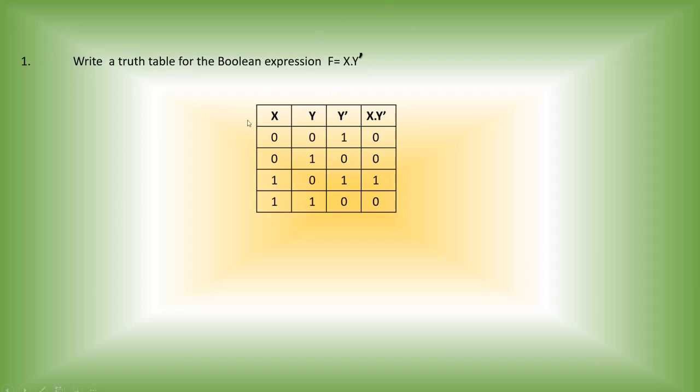So the y value is 0, so its complement is 1. Y value is 1, so its opposite is 0. Y value is 0 here, so its opposite is 1. And again it is 1, so its opposite is 0. So based on the value of y, this complement is created. Based on the value, its opposite is coming over there. That is the negation, or we will call it the not operation or complement operation.